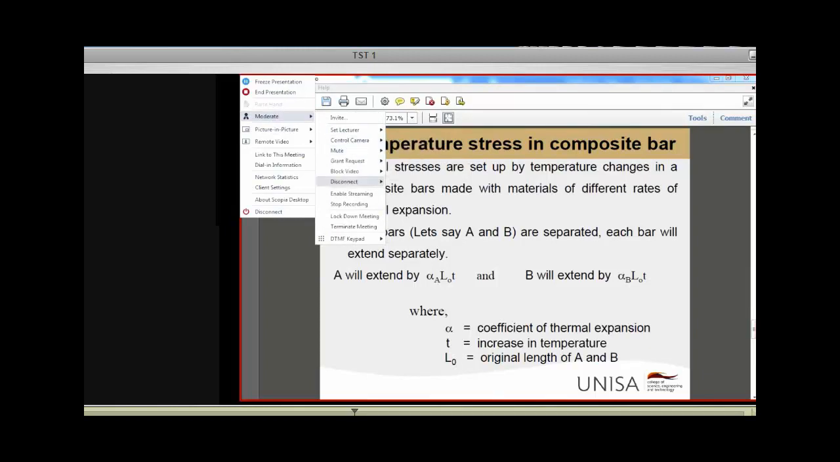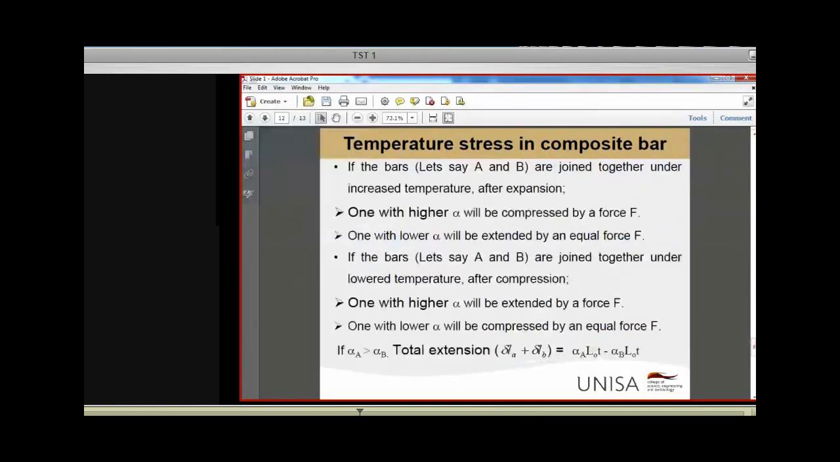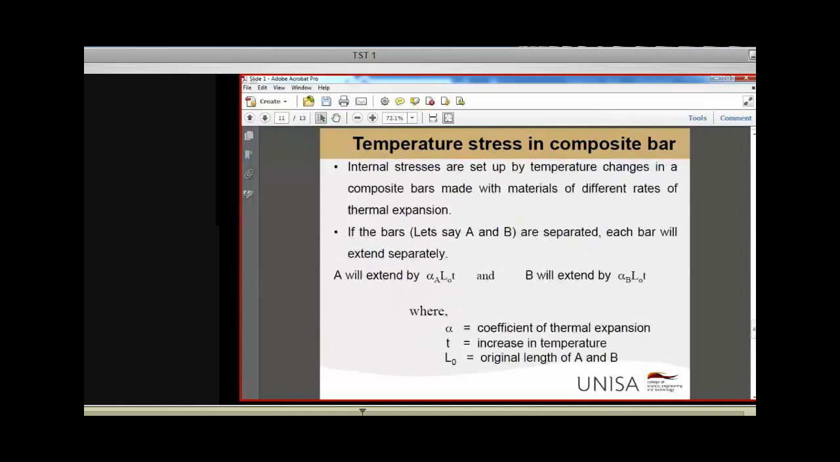I hope you are following. So, the extent of expansion will be in that manner for each of the materials. Now, if the bars are not joined together, they extend separately with that magnitude. But if the bars are joined together,